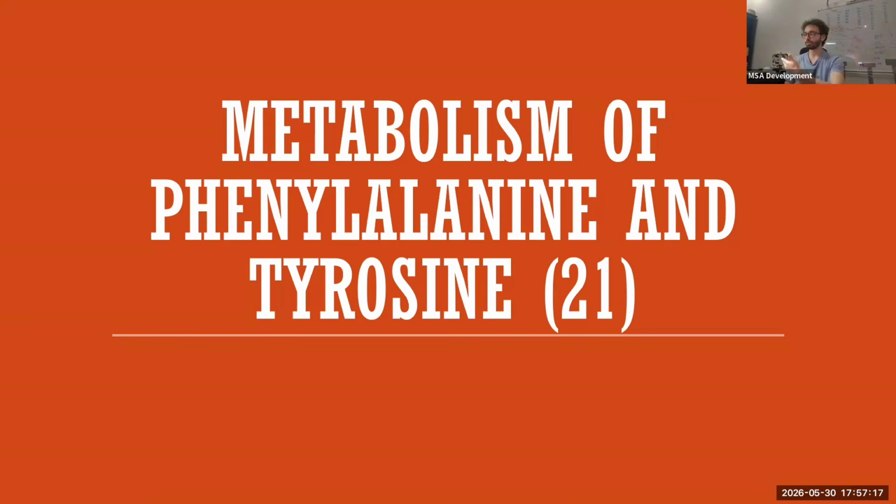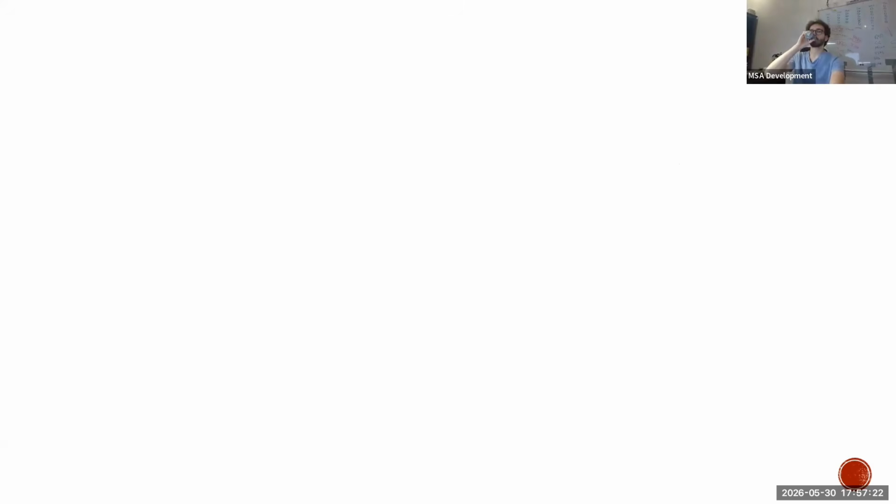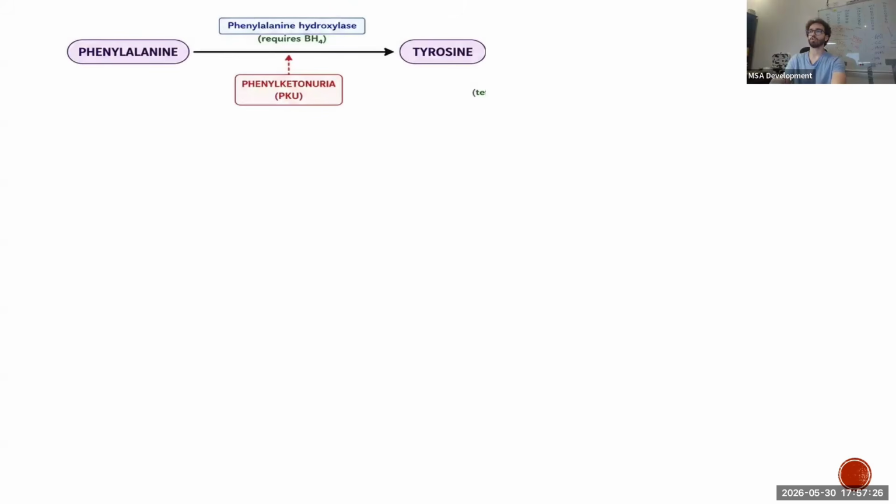The problem is that in the table a little while ago we just talked about it, but I guess now we have to go into more detail. Very easy, by the way. The first step is what I already told you guys long ago: phenylalanine becomes tyrosine. How? By phenylalanine hydroxylase. And this enzyme requires what? BH4.